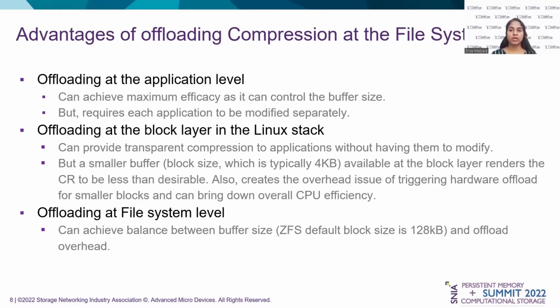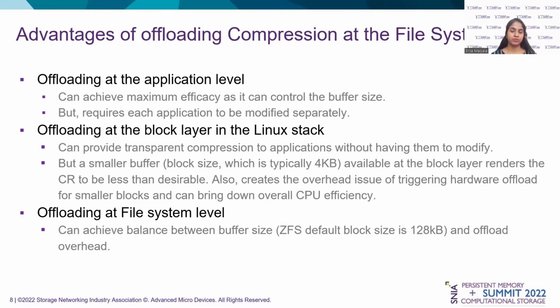Compression at the block layer in the Linux stack can provide transparent compression without having the applications to modify. But the block size, which is typically 4 KB at the block layer, renders the compression to be less than desirable. The other issue is the overhead of triggering hardware offload for smaller blocks, which can bring down the overall